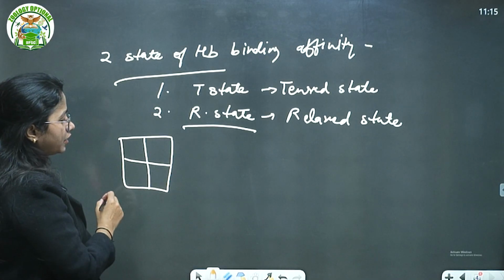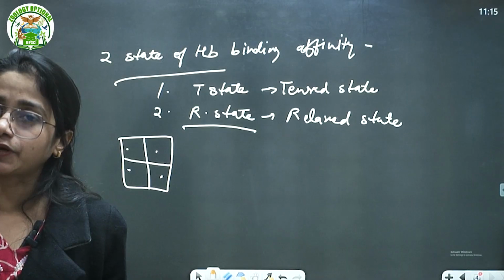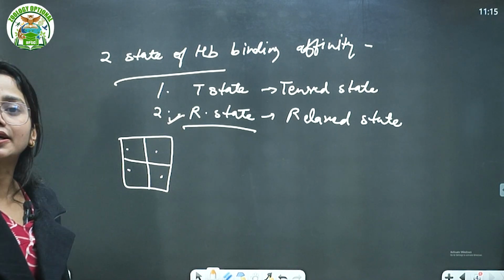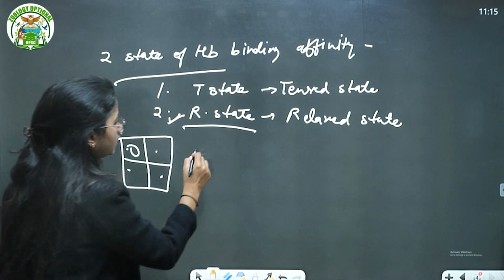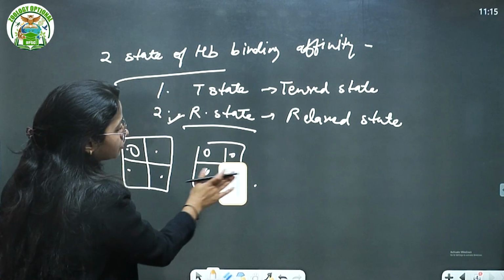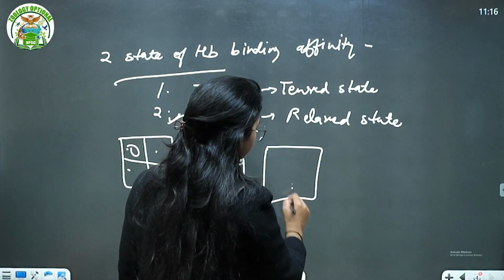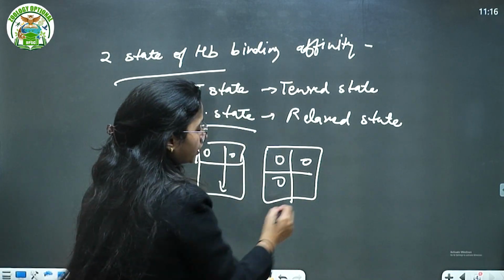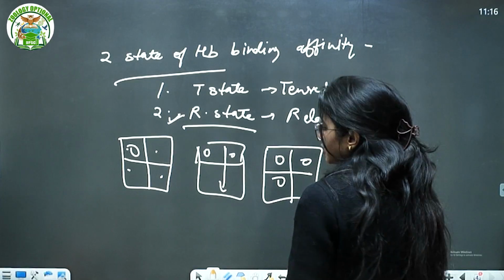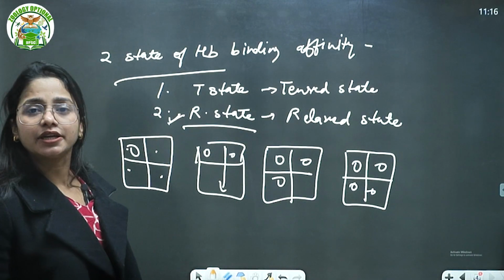This is a vacant molecule, so 1, 2, 3, 4. In the presence of high oxygen pressure, as the molecules of oxygen start binding, the R state shows the greater affinity. Like one molecule, then here two molecules, that is your T state converting into that. Then it shows the 3 molecule binding. We are talking about 1 oxygen, then here we are talking about 4 molecules. So as much as the molecular pressure of oxygen increases, the R state affinity increases, okay.